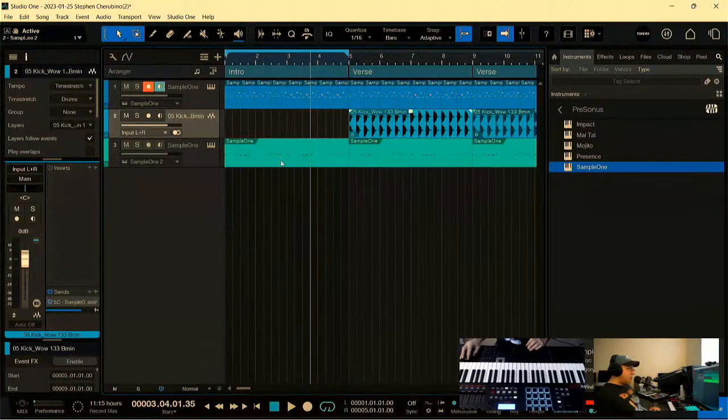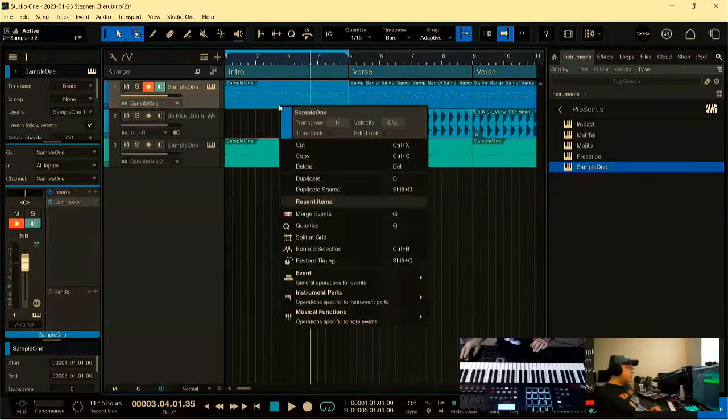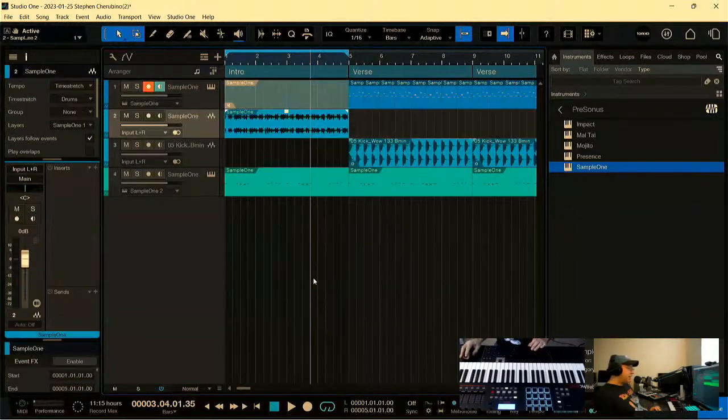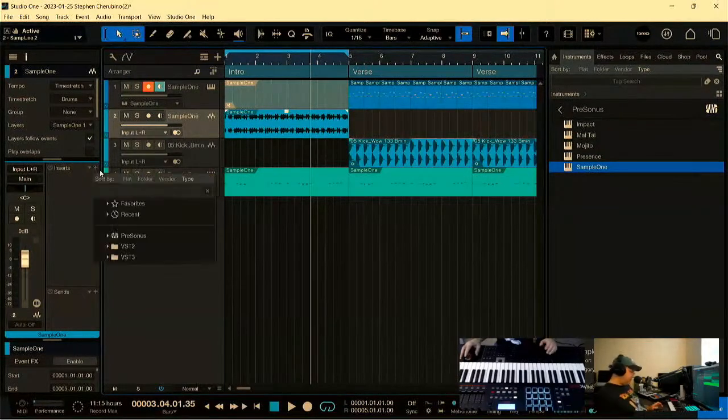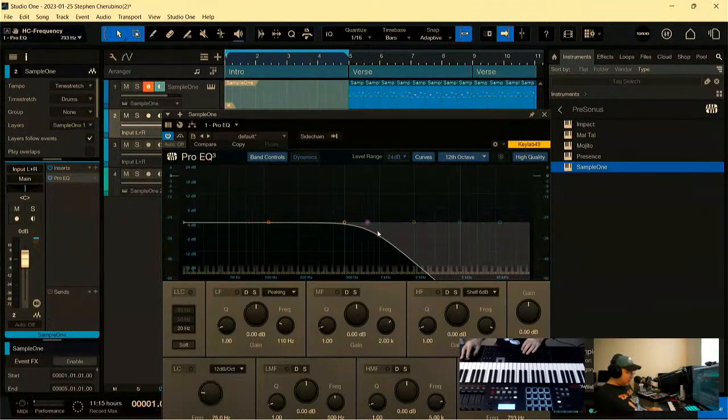And this arpeggio is too bright. I'm going to use what's called bounce. If I select everything, I'm going to bounce. Actually, I'm going to just group everything together. Hit G for group, and if I go to bounce selection, it makes it into an audio clip. And I'm going to change things in this audio clip. I'm going to put some EQ on it. Go to Pro EQ, and I'm going to take out the highs. So we just got